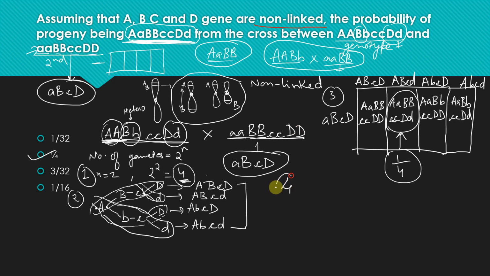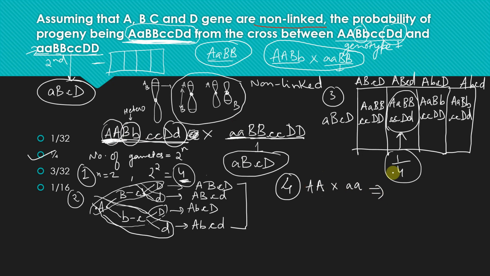Now comes the fourth method, which will be the easiest one, which we can use if there are more genes, like if the E allele is also there. So you can use it for that purpose. E, F, G, any number of genes might be present, you can solve it this way. So what is that fourth method? What you need to do is individually cross these allelic pairs. First you cross the AA with small a of both the parents. This parent capital A and this parent small a.